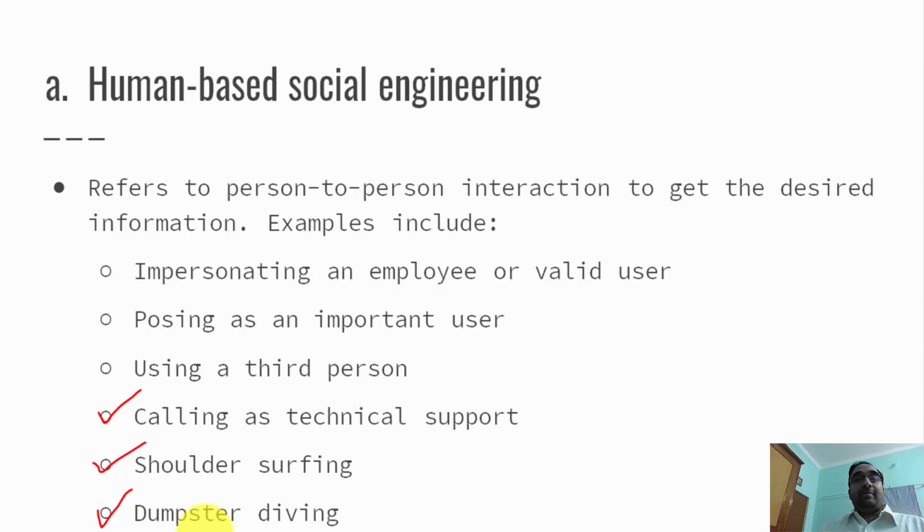Okay, right. And the last one is dumpster diving. So this happens very rarely. So what does this mean? When you are writing your sensitive information on paper and you fold it and throw it in the dumpster, that is the dustbin, some other person who wants that information might search in the dustbin and get that information. So this happens very rarely, but it is there. It's one of the techniques in social engineering.